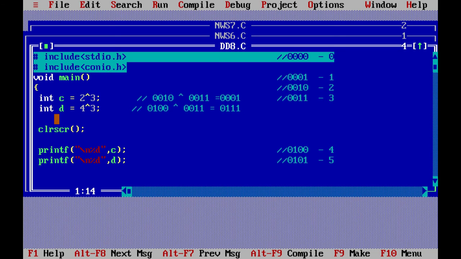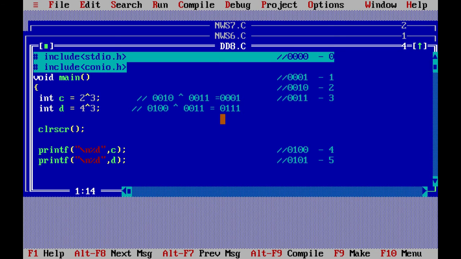And for 4 caret 3, the 4 value is 0100, and the 3 value is 0011. Again evaluate it. First one is 0, false and false gives false, false, false, then true and false becomes true, then false and true becomes true, and the last one, false and true becomes true.